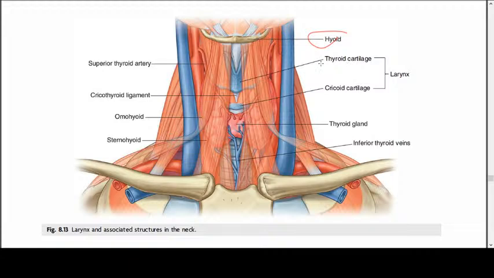There is a higher point. There is thyroid cartilage. This one is higher. This one is thyroid cartilage. This is cricoid cartilage. Here we have the thyroid gland. Inferior thyroid gland is just